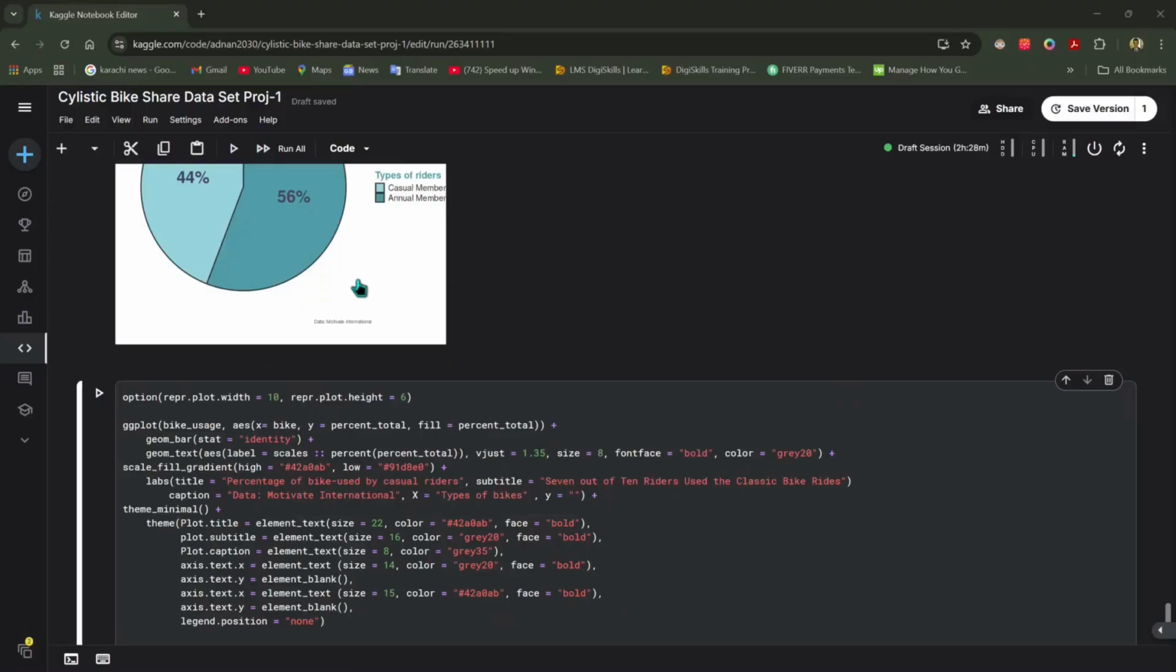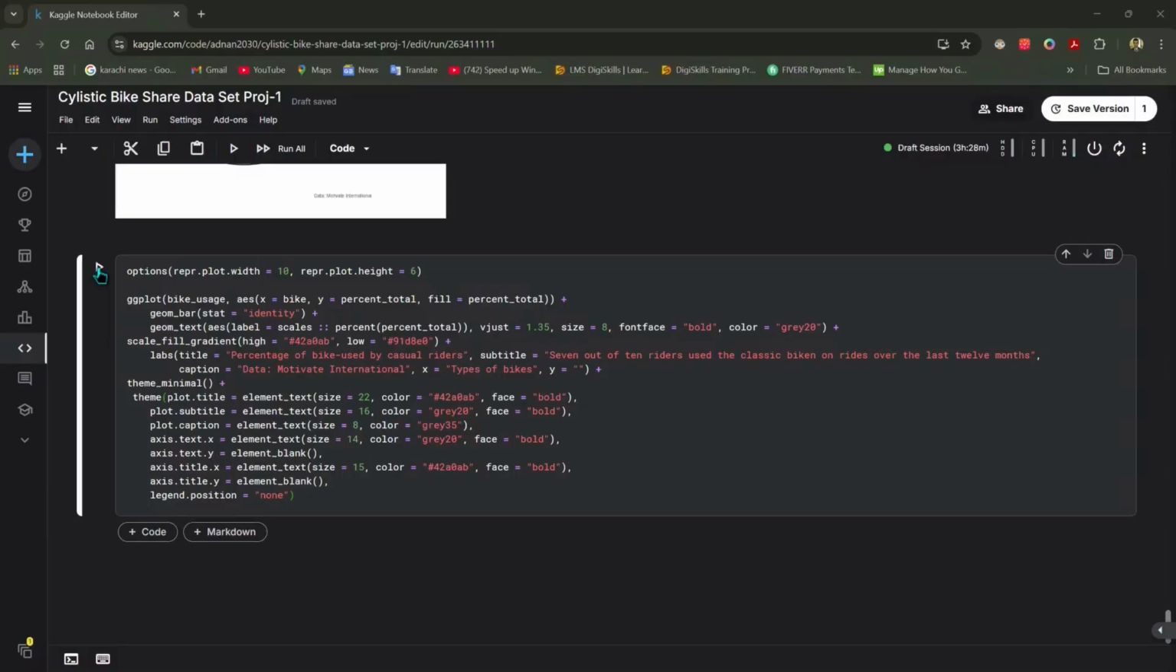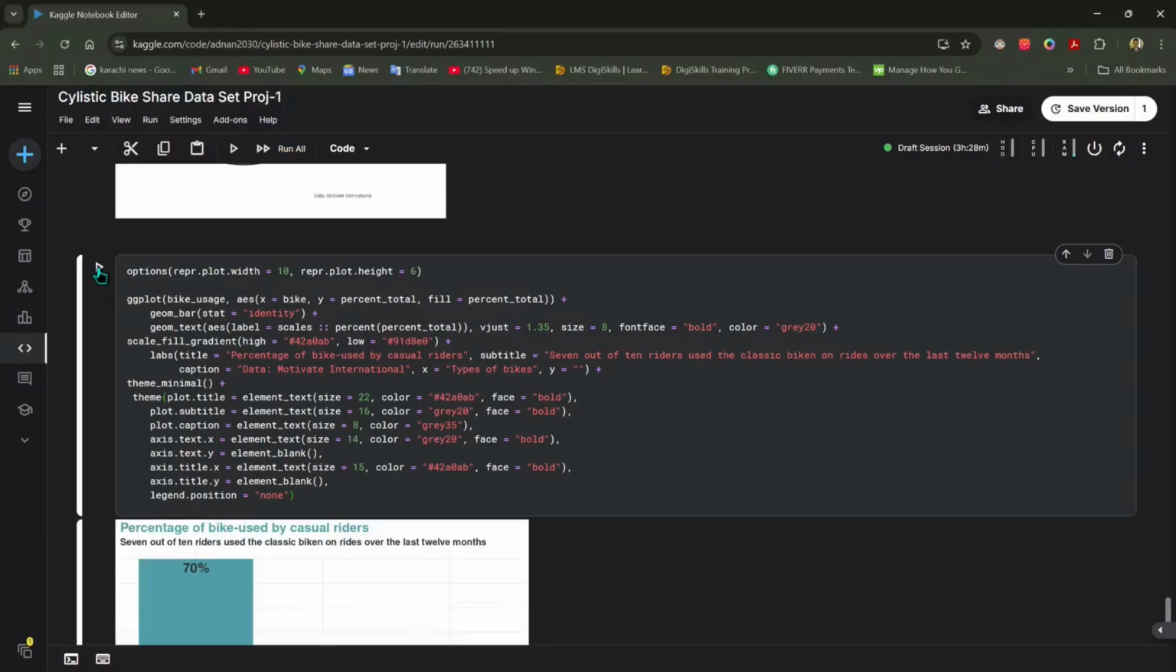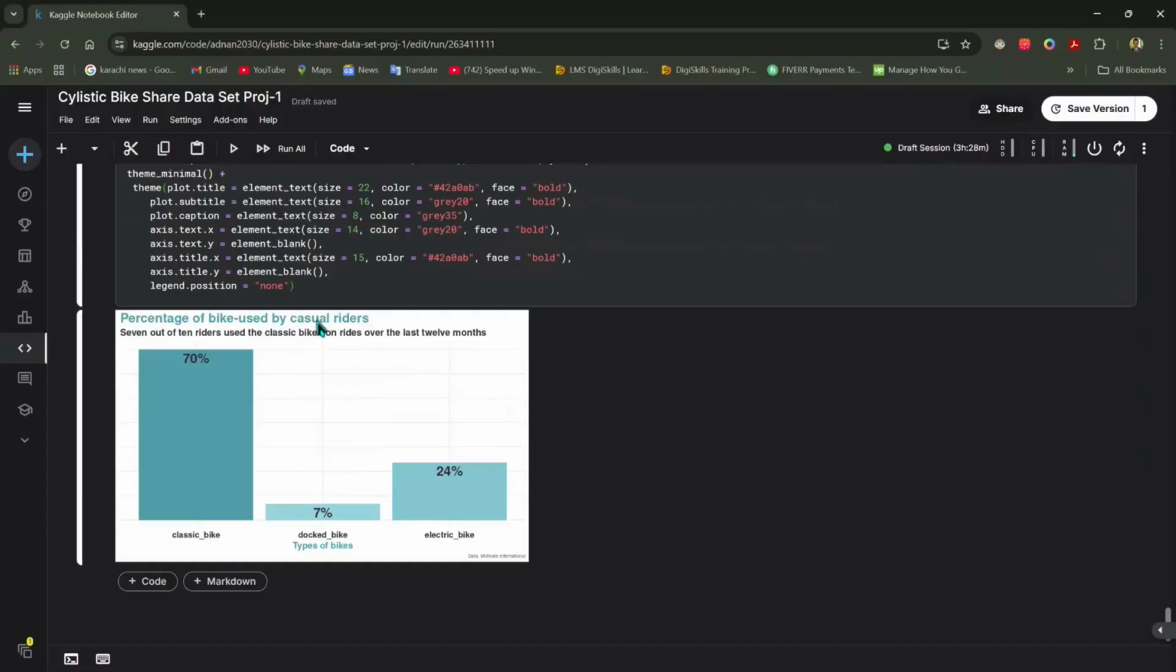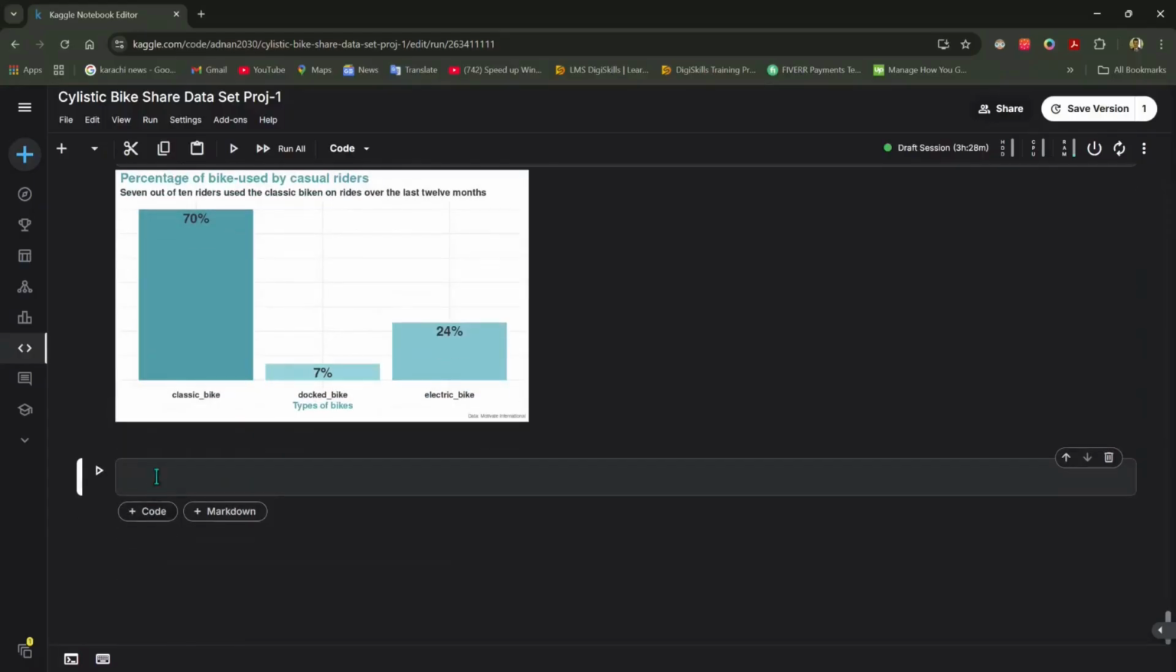Now we are going to run or execute the code. So guys, now we are going to execute the code. So as you can see, percentage of bikes used by casual riders: 70% classic, and 24% electric bikes. And now we are going to check the time spent on bikes by riders, both casual and annual member. And the code for that is